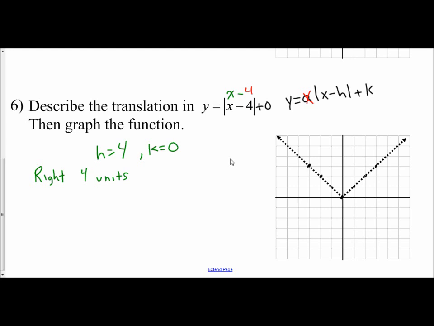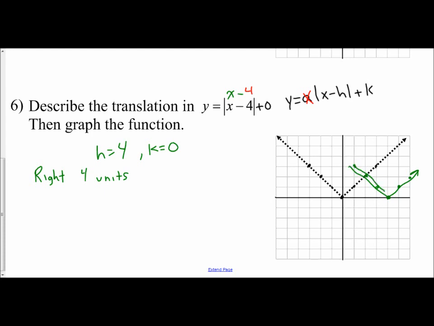And then I'm going to graph the translation. So I go to the right 4 units. Each point I use goes to the right 4 units. So this point goes to the right 1, 2, 3, 4. This point to the right 1, 2, 3, 4. And I grab this point, 1, 2, 3, 4. I can follow the same pattern, and I can just see the pattern occur. And so my absolute value is going to be V-shaped, going through